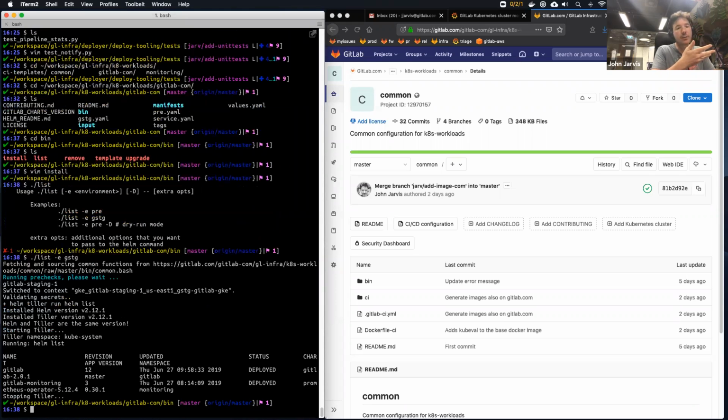It automatically switches your kubectl context using kubectl ctx. That only happens locally since we don't need to do that in pipelines, but it's quite handy. And you can see for the Helm list, we have both GitLab and GitLab monitoring. And then we can also do something like upgrade,